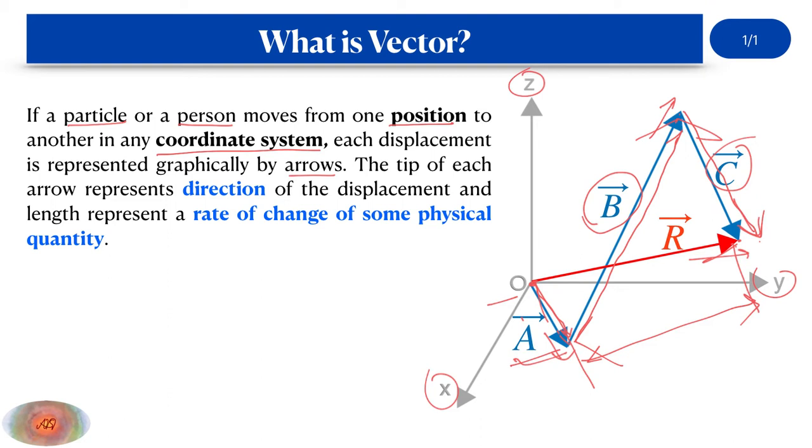But his velocity, which is the rate of change of the position, is associated with time. So time can be related with a vector, but a vector is related with the three-dimensional spatial coordinate system. So it is associated directly with the space coordinate system, not with the time coordinate system. The time coordinate system can be associated with that; I will discuss this when I discuss the electromagnetic wave.